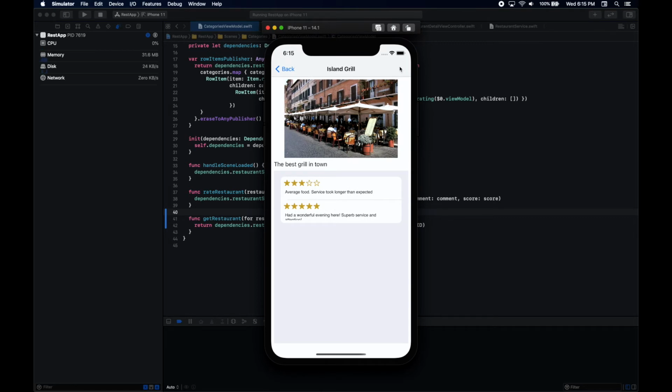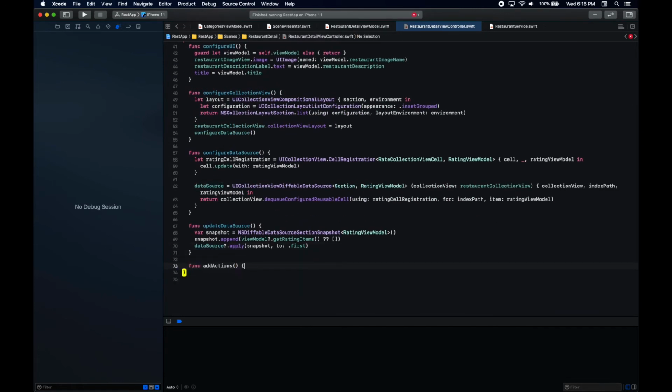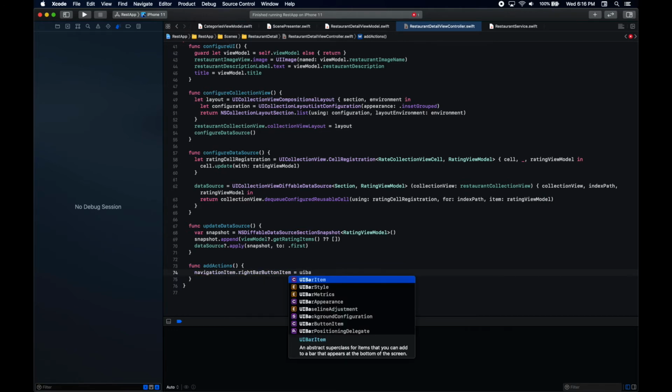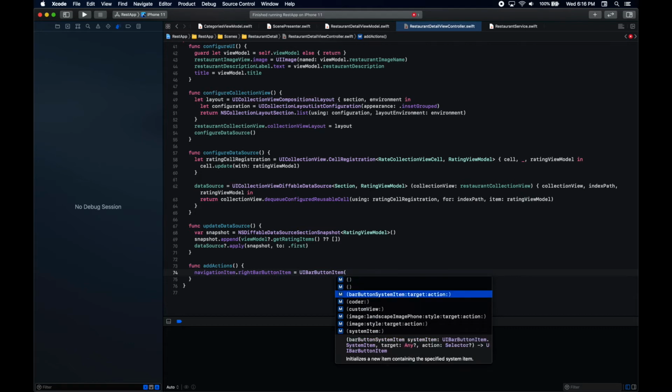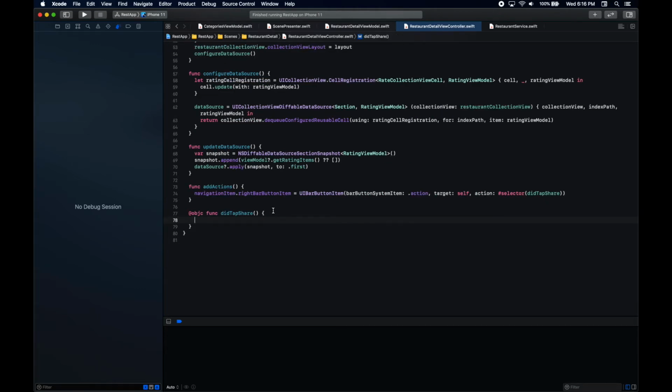Now let's add here in the navigation bar a share action so that we can share this restaurant using other applications. We're going to add a bar button item. When we tap this, it calls tap share, and here we need to present a view controller that we already have, which is